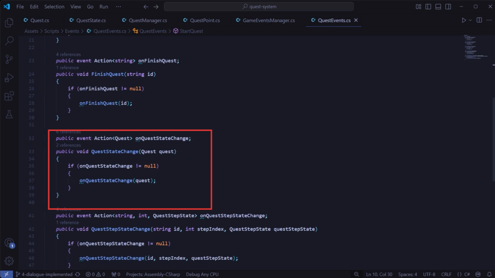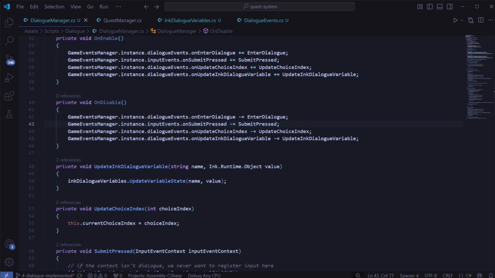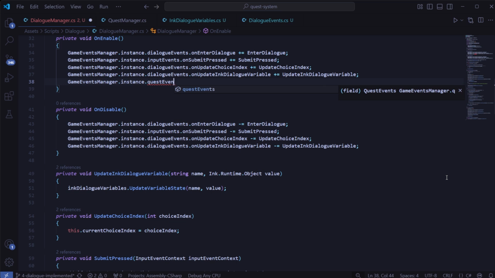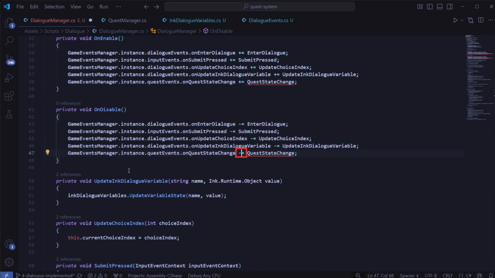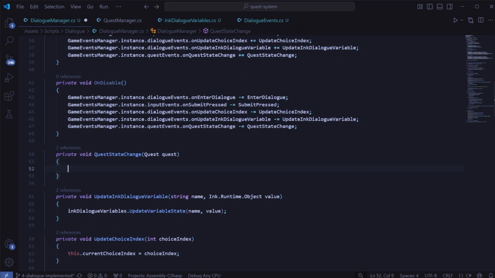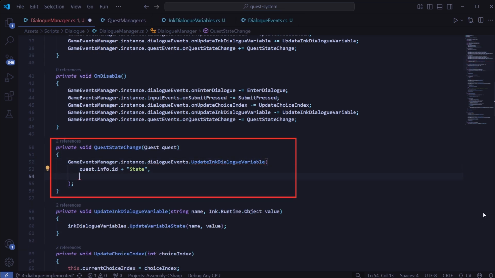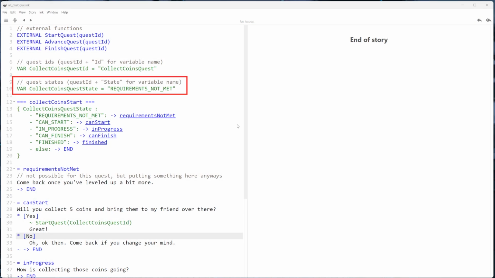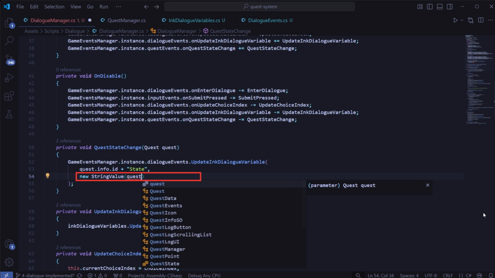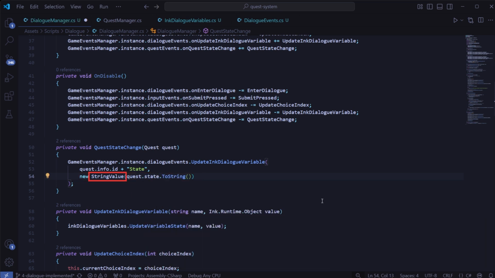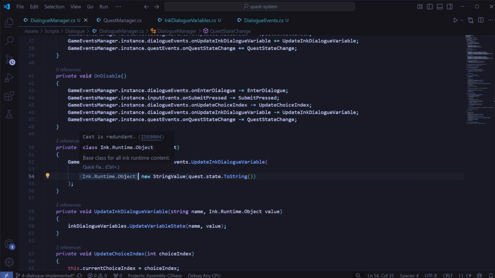Finally, we just need to use that event to keep our quest state variable up to date. In this project, we fire off a quest state change event anytime the quest state changes. So how we're going to do this is back in the dialog manager, we'll subscribe to that quest state change event in onEnable and unsubscribe in onDisable, and then in that subscribed method, we'll send out the update ink dialog variable event, where the name will be the ID plus the word state, since if you remember, we strategically named the variable in the ink file to correspond to this, and the value will be the quest state to a string wrapped in this string value object, which is just a more specific type that inherits from the ink.runtime object